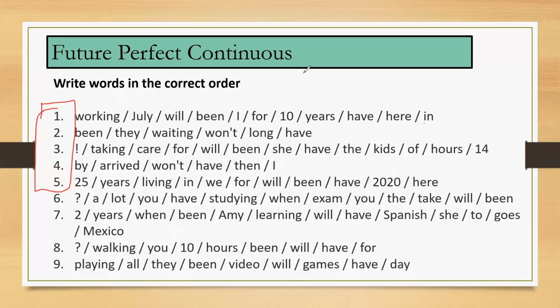Excellent, very good. Number 4. No, number 4, it's incomplete. Actually, I think number 4, it's part of the number 3. Yeah, I think it's part of number 3. Solo que como que se hizo ahí un enter de más. So number 5, because number 3 should be, she will be taking care of the kids for 14 hours by the time or,